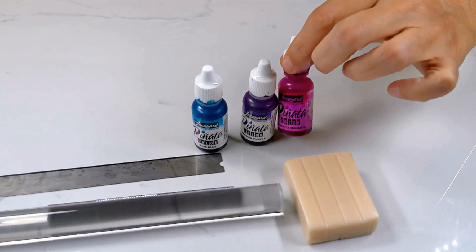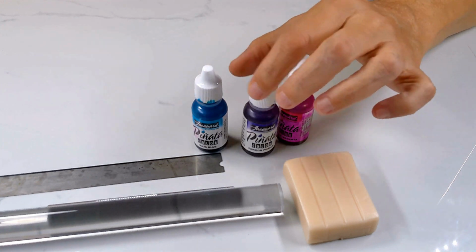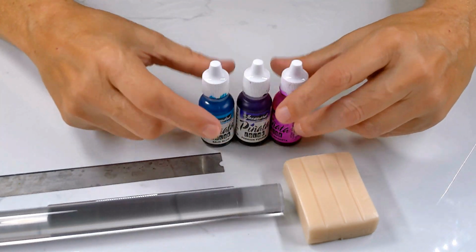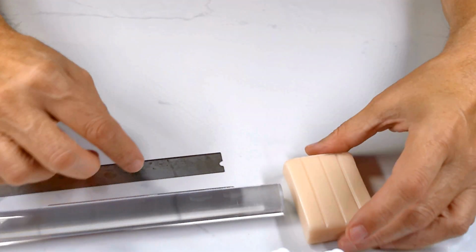Today I'm going to be working with some Primo white translucent and some alcohol inks. I have a magenta, the purple passion, and the Baja blue. So I think you've probably seen this done before, but hopefully we're going to do it just a little bit different. So the first thing I want to do is cut my